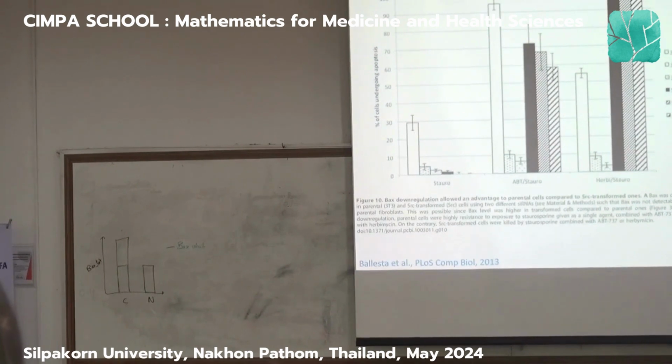So, again, we are looking at the percentage of cells which are undergoing apoptosis, so cell death. Those bars here will be for staurosporine alone. Those bars here will be for staurosporine and BCL2 inhibitor. This one, staurosporine and SARC inhibitor. And then the white-ish bars, the first three, are for the normal cells. The black-ish bars are for the cancer cells. Okay.